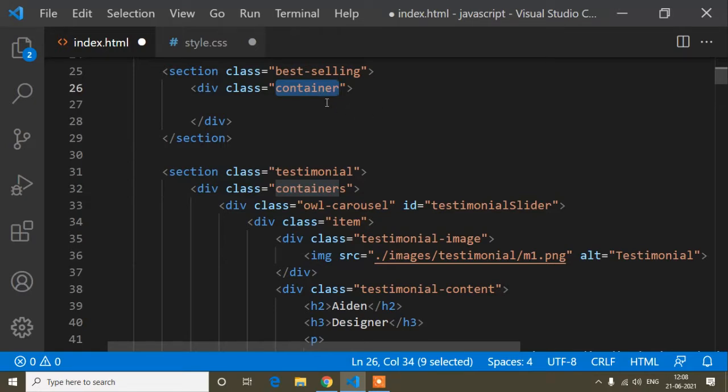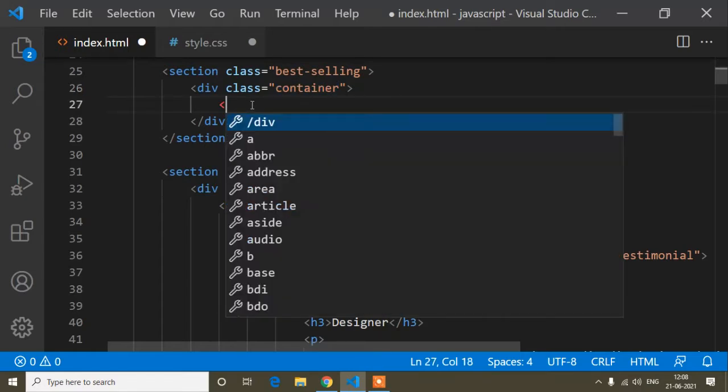If you don't know how to add bootstrap css, you can watch my playlist, where you can easily understand how to use bootstrap, because I showed that in my previous tutorial. I will provide the link in my playlist, so you can watch that video. Now first of all, I will write all the html code, and then I will write the css step by step.